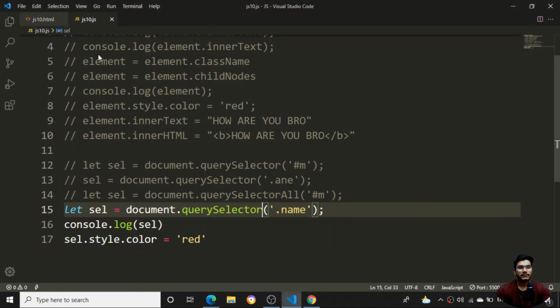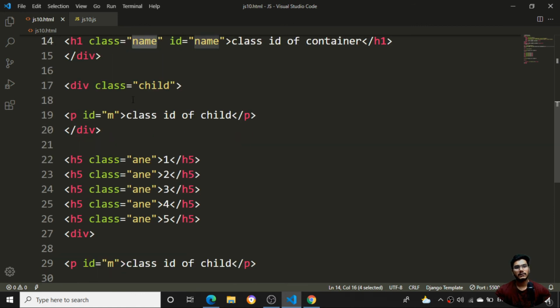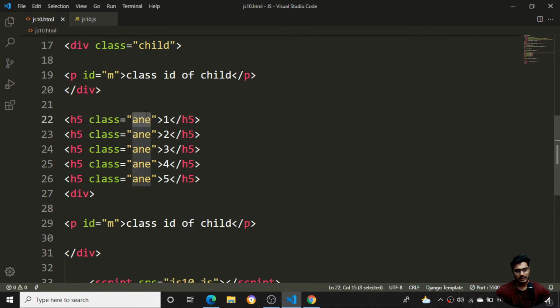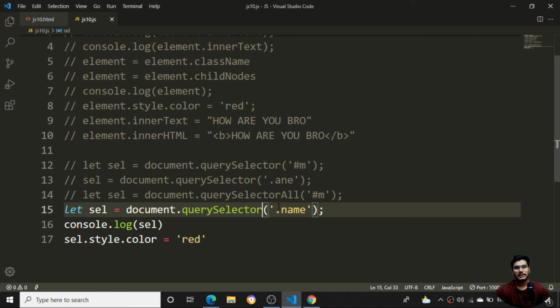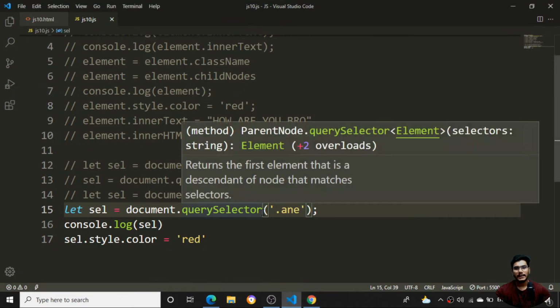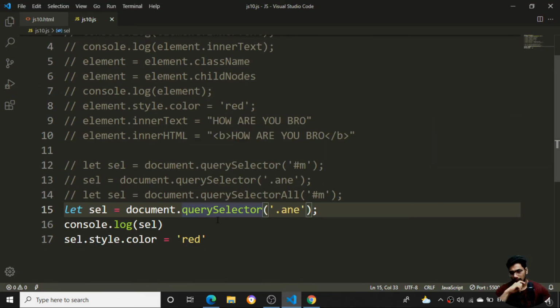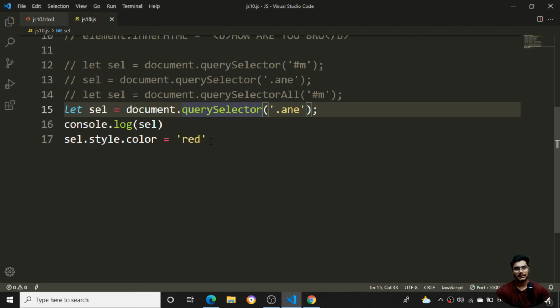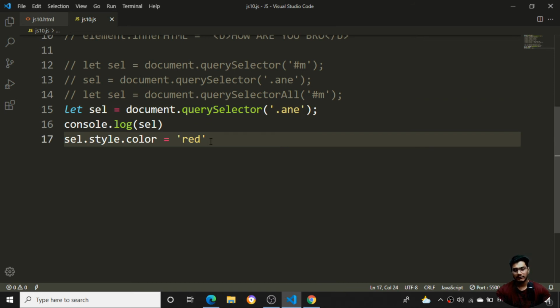If I want to select it with document.querySelector, suppose I want to do it for this particular one. I copy this, come back here, and say whatever the querySelector is, make the particular cell dot style dot color. You can see the color is being set. The same way I cannot do it for all of them. For querySelectorAll, I cannot set the properties, because the value is undefined. Only the selected div changes color, only the particular one.